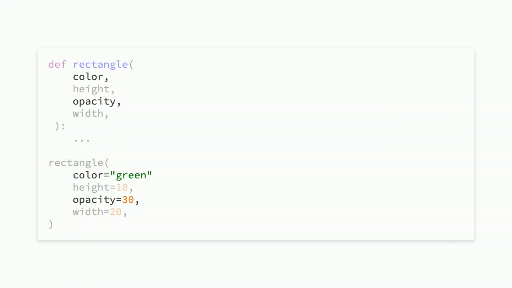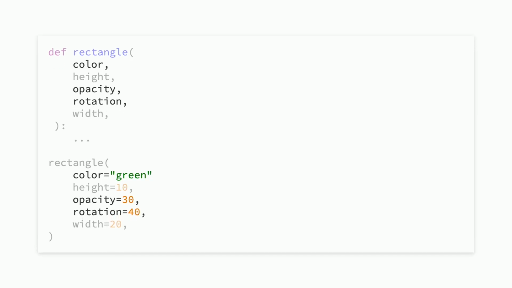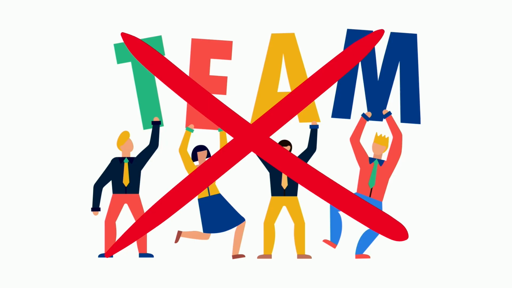And if we choose to sort the ordering of the arguments and parameters, we can reduce the chance of merge conflicts. For example, if one commit adds opacity and rotation, and the other adds opacity and color, when they're combined, opacity will be in the same place for both. And even if you don't care about refactoring or collaboration, which I'm sure aren't important, I'd still recommend using keyword arguments to reduce human errors.